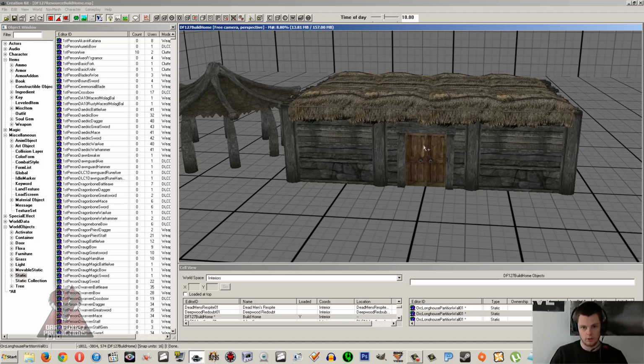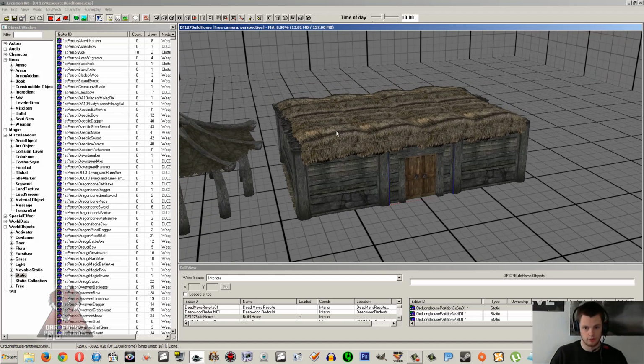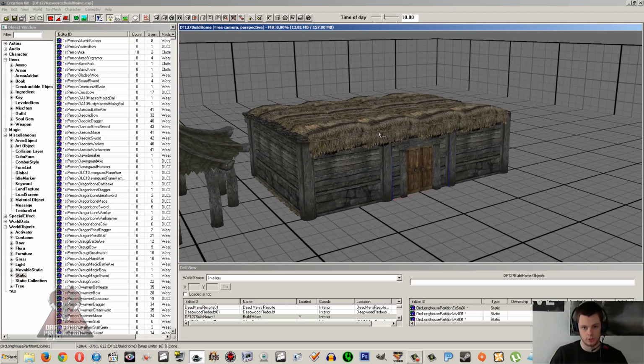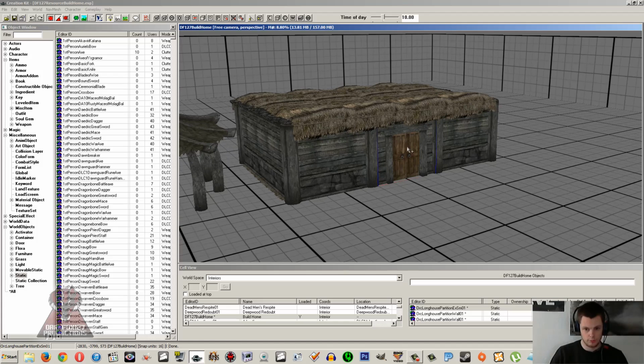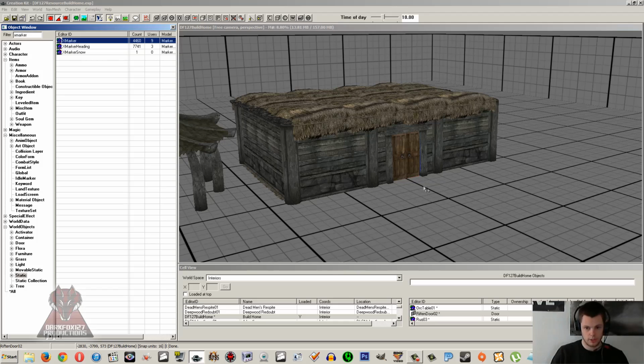So the bed is a single item, that's nice and simple, but the main build here is actually a load of items, so we're going to want to link them to an X marker, and we should have done that in a previous tutorial for scripting, but I'll recover it anyway. So I've gone under world objects here and static, and I'm going to look for an X marker. I'm going to drag and drop that in,